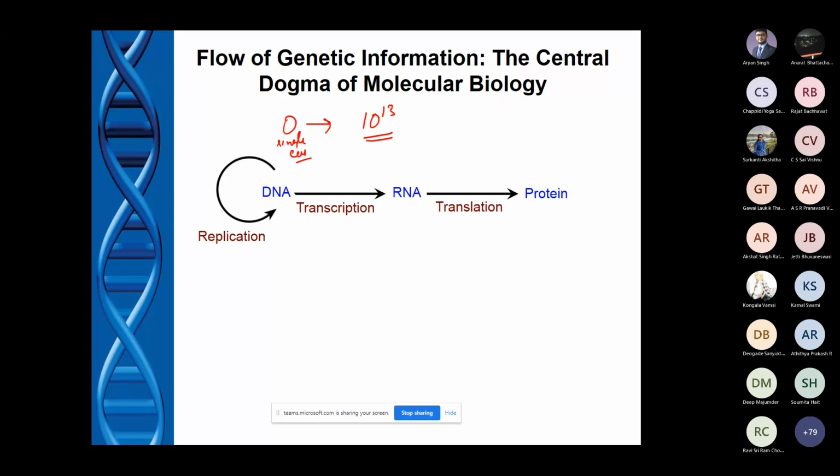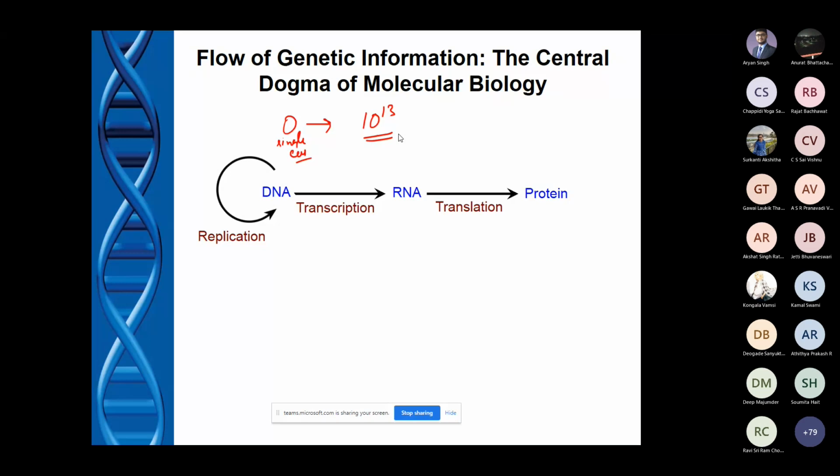So that means each round of cell division, from one cell to two cells, then 2 to 4, that way cells are getting divided. During each round of cell division, you have to replicate DNA. That means you have to copy your information. See, cells without information have no meaning. You have to have the information first. Otherwise, what will be the function? I told you that everything is written in DNA, the information present in DNA.